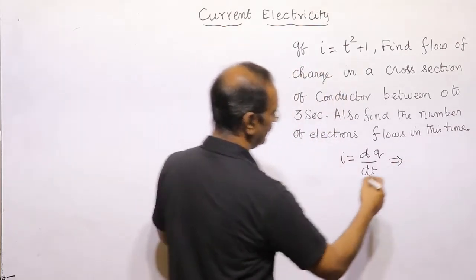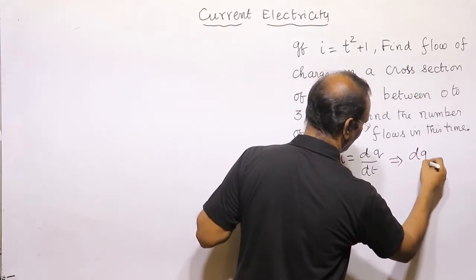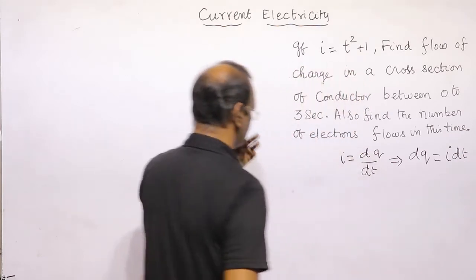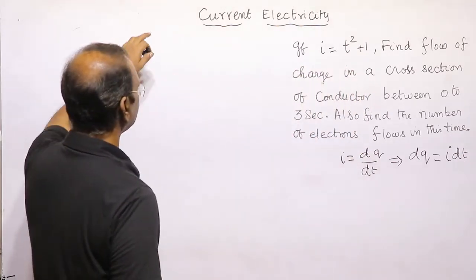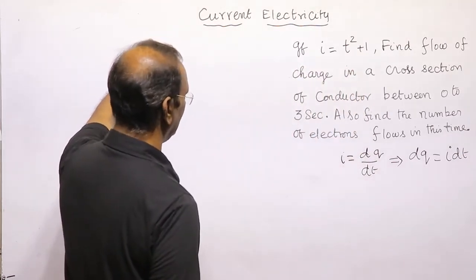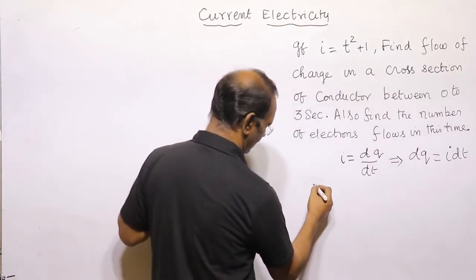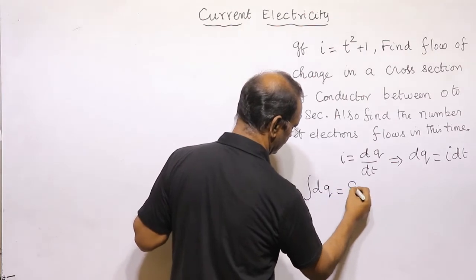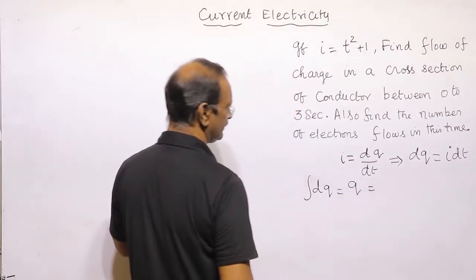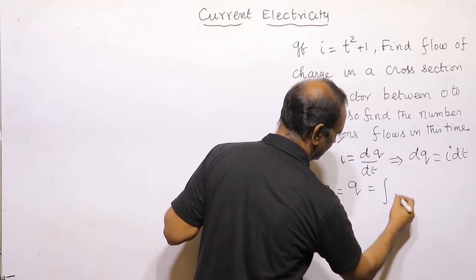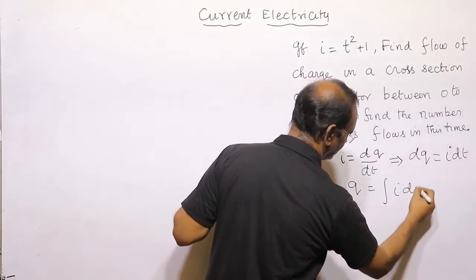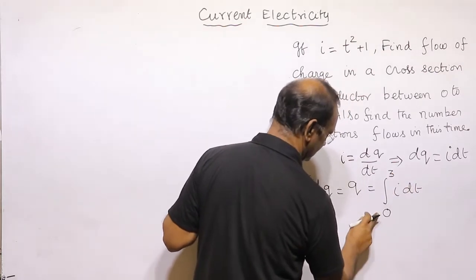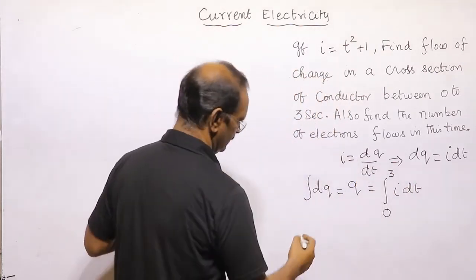So how can we find it? dq is equal to I into dt. What is the value of I? Integration of dq is equal to q, and current is flowing from 0 seconds to 3 seconds. It means initial limit, final limit. So therefore